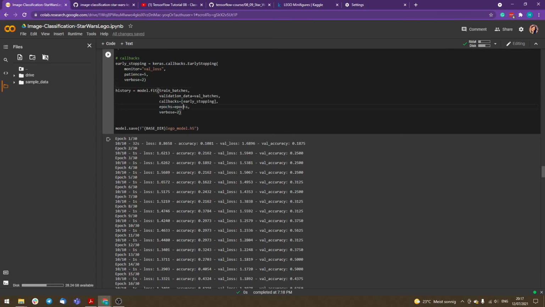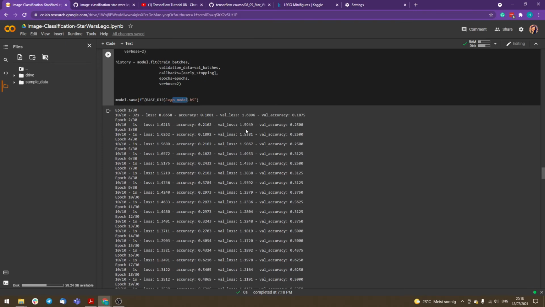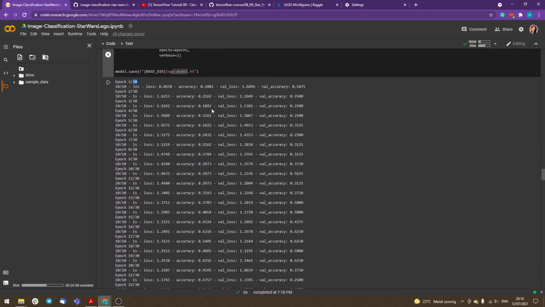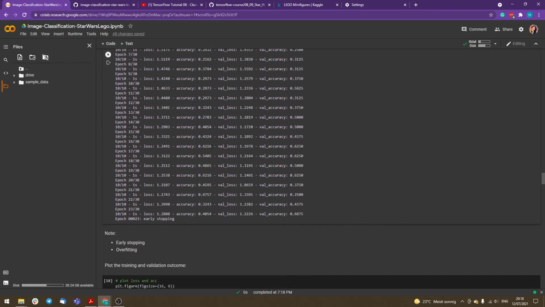Okay, then you fit in the number of epochs. So this will actually start to train the data. And after this model has stopped, the history will collect all this information, and model.save will just save the trained model as base tier and with the model name Lego model.h5. And so we said it's 30 epochs, but it stops at 23 epochs and says epoch 23 early stopping,